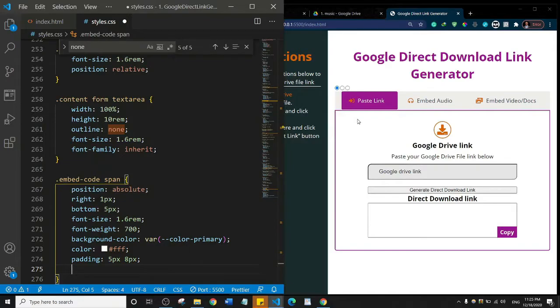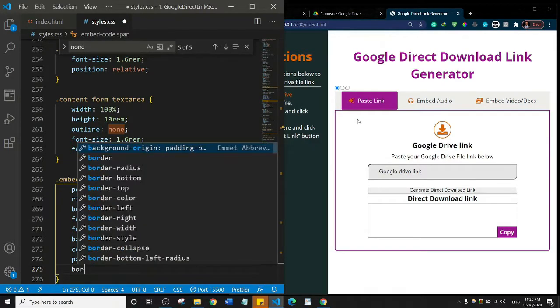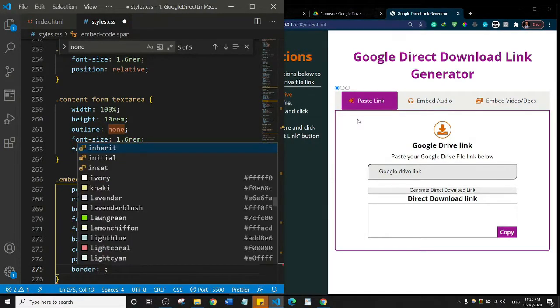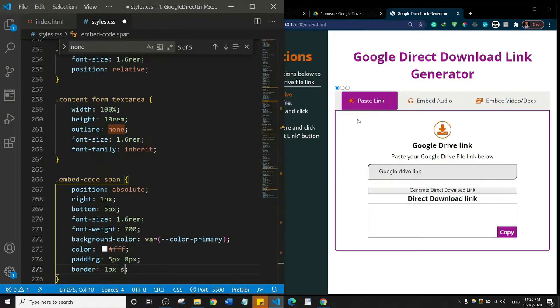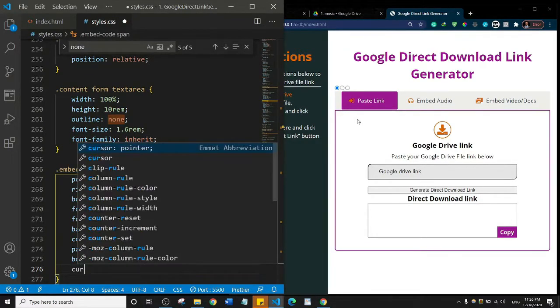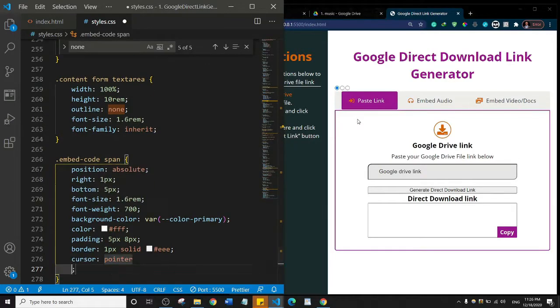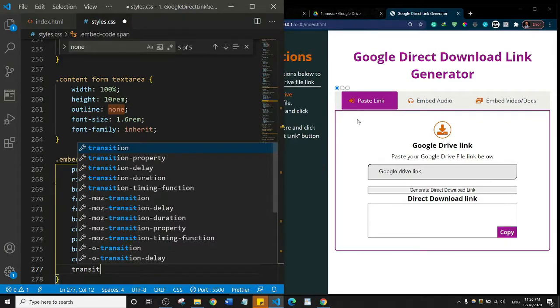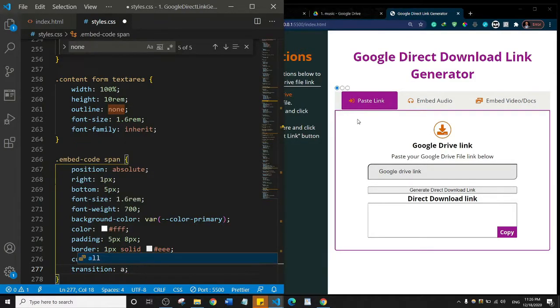Let's do a border of 1px solid white, kind of white. Let's set the cursor to pointer and the transition to all and 0.3 seconds, so that when we hover on it, it will transition